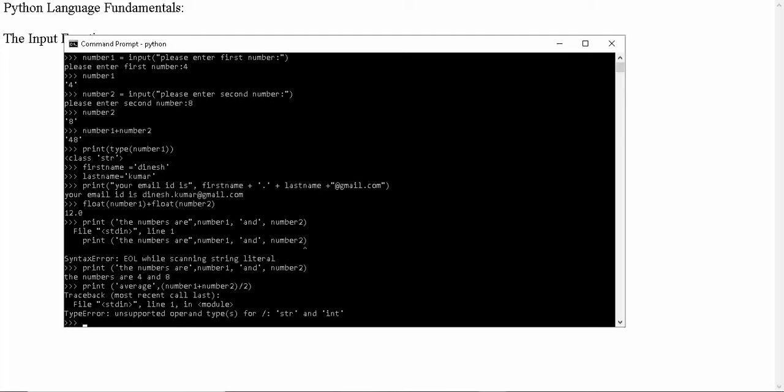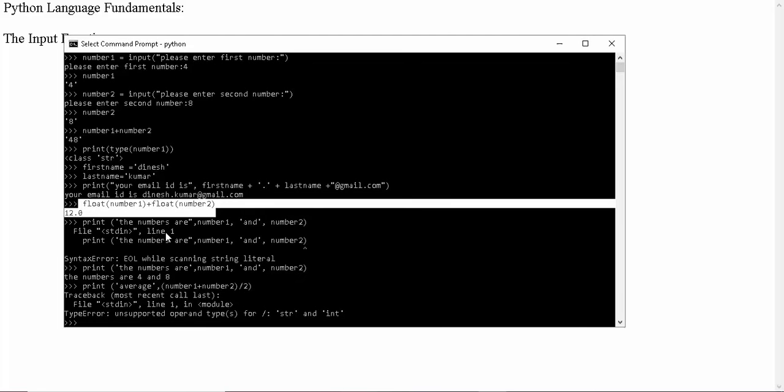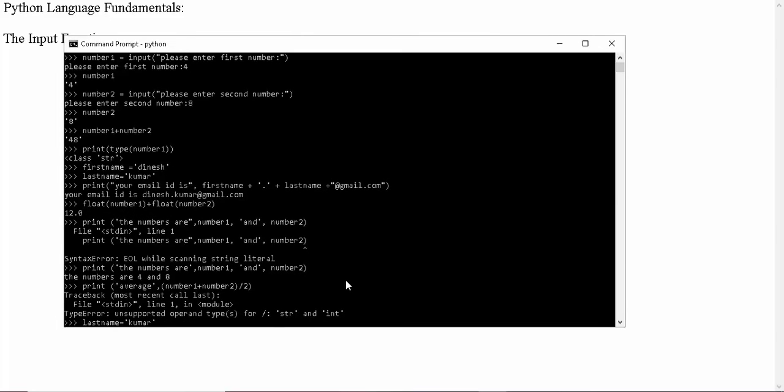Why? Because we only mentioned the conversion here. We didn't mention it in the input. So we need to mention float in the input itself. Number1, float.